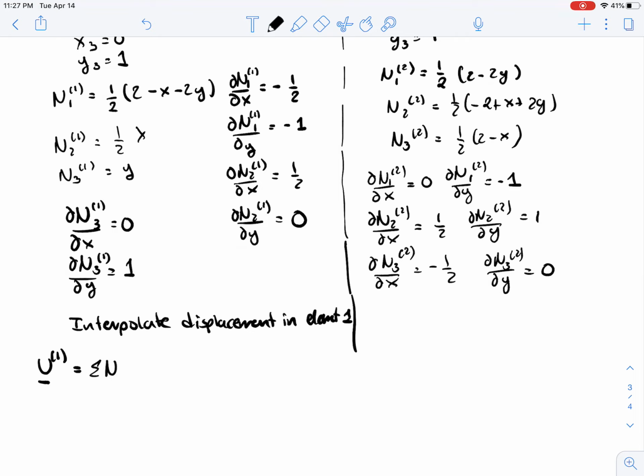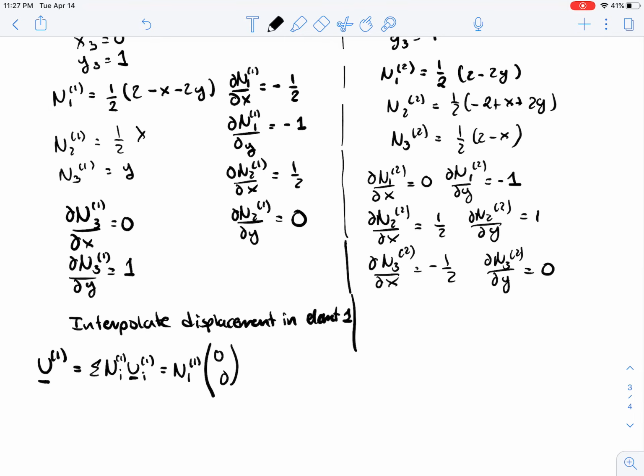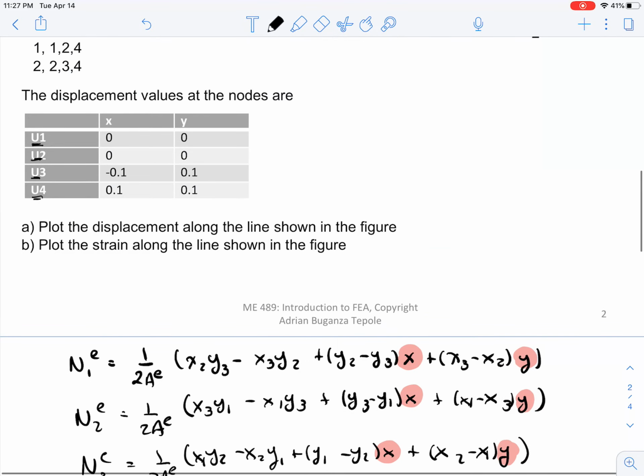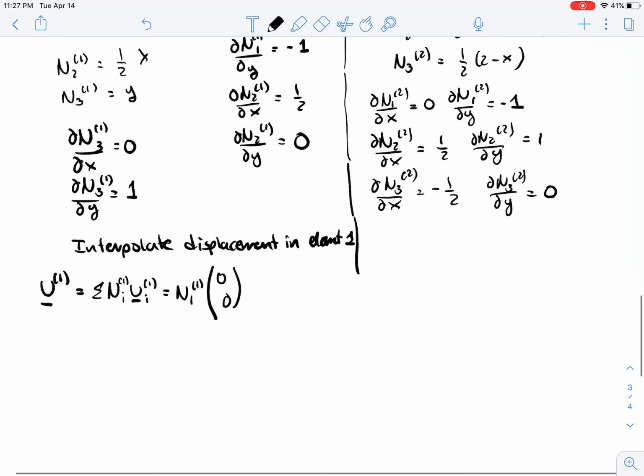So this will be u of 1, and that's going to be the sum of the shape functions times the nodal values for the first element. So in this case, this will be N1 of 1 times the displacement of the first node, which we are told is 0, 0,